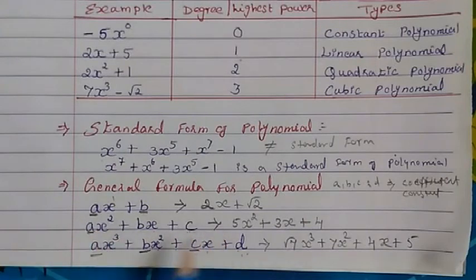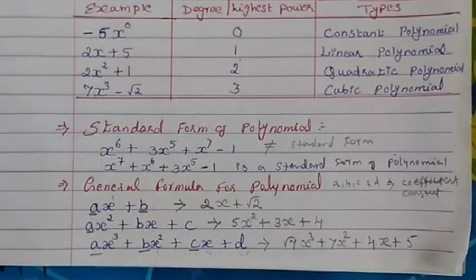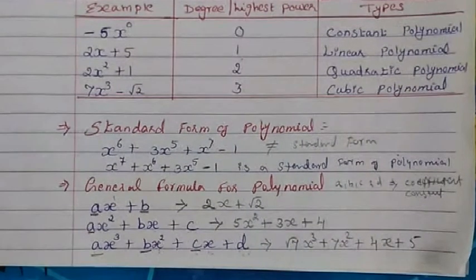And this is for your general knowledge. What is the general formula for the polynomial? Just see, it goes from the highest to the lowest. You see, x raised to 1, then the number comes. Then if it is 2, then 1, then the number comes. Then if it is 3, then x raised to 2 you have to write, then 1, then the number. So this is the standard form, the general way of writing.